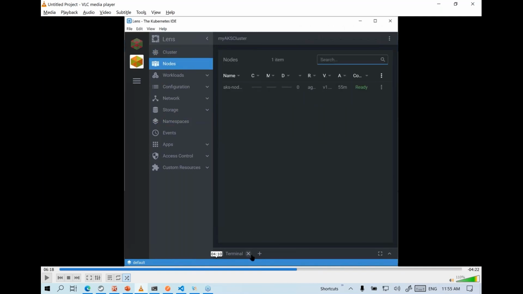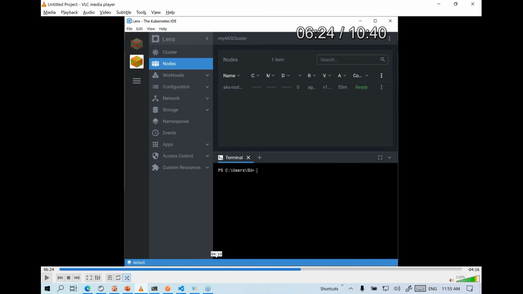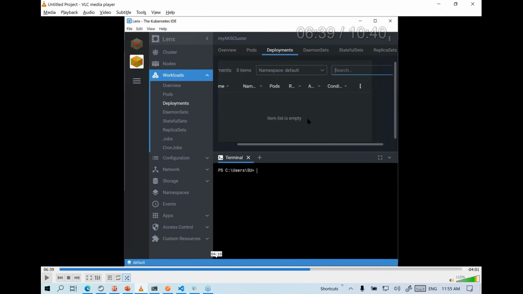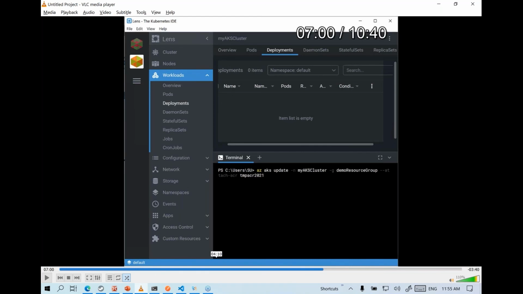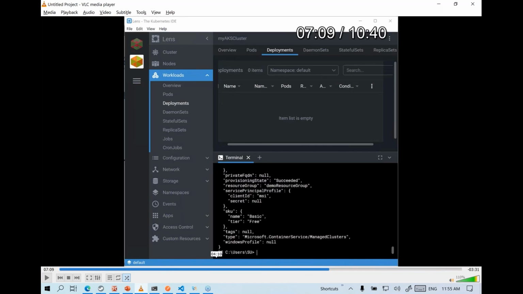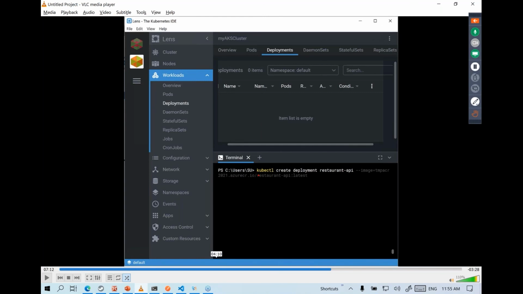So we have one node pool, and you can also use the command line tools as well. Like I mentioned previously, you can use the kubectl command to view how many nodes we have. You can use it to perform deployments as well. So here I'm going to perform the deployment. Let me switch over to that since we have less time left. Okay, so now we need to deploy the Docker image to our AKS cluster.